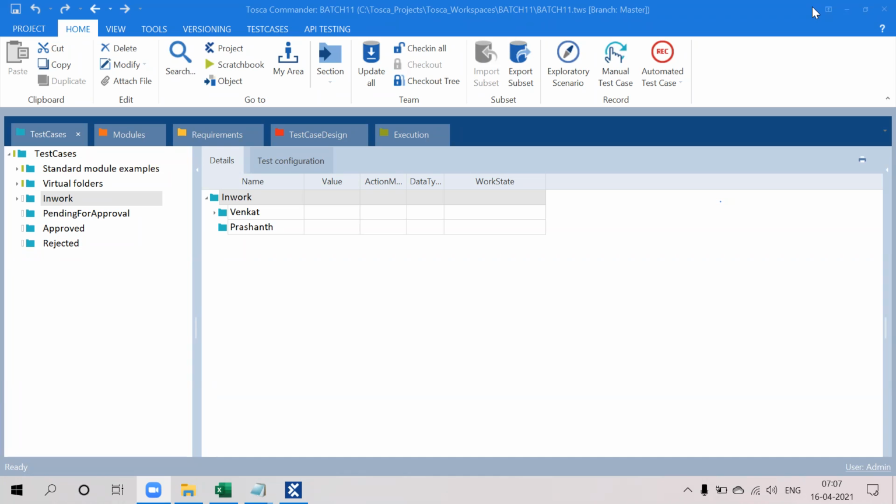Once your requirement phase is completed, then the designing phase, and once designing is completed, your testing phase will be started. So it's a step-by-step process. Once one phase is completed, it will go to the next phase.